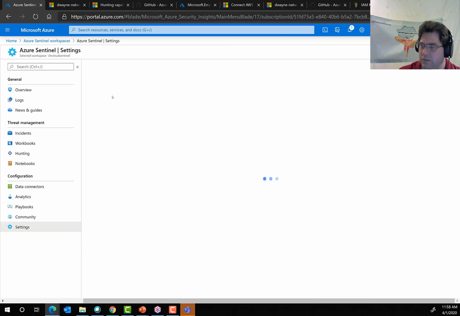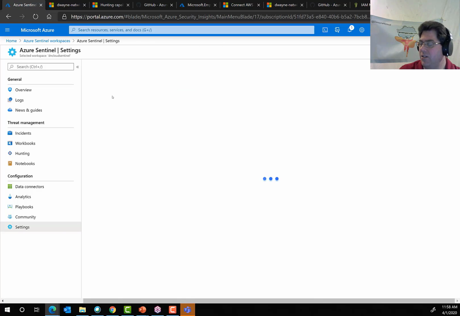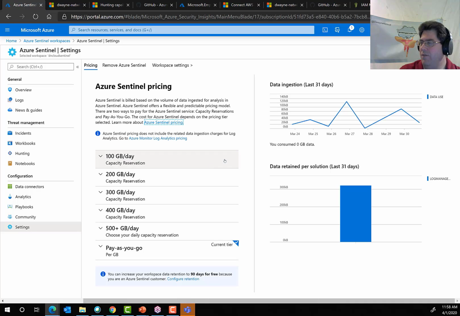And then lastly is the settings section. The settings section is very helpful, as I said, in reviewing your account and reviewing what data you're ingesting. And you can see here, it is important: those tiered services to scale up and scale down your subscription don't take place automatically. You need to